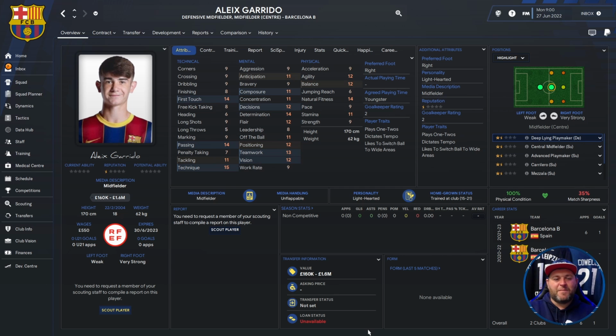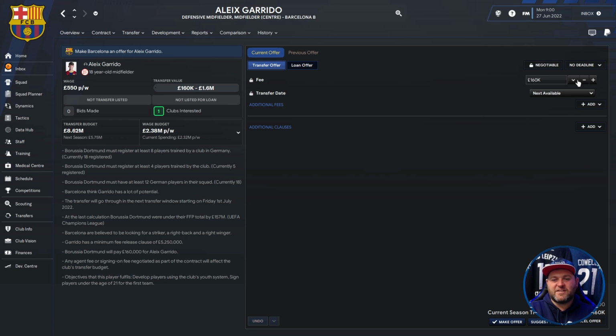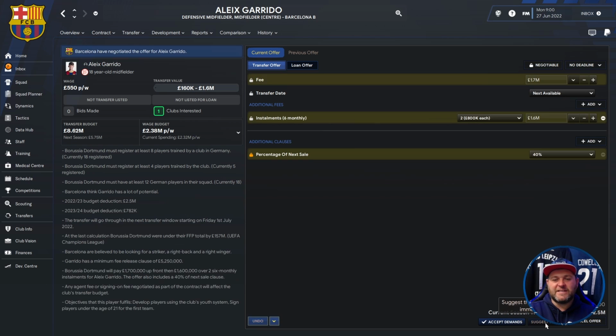So he's a player that we would be very interested in, and once again we are going to show you that we can sign him at the start of the game for nothing. He's valued at 160,000, but we don't want to pay that. We want to pay 0. They come back with £1.7 million up front and 1.6 in instalments, and again we don't want to pay that, so we're going to take it back down to 0, but he's going to cost £1.6 million overall with those